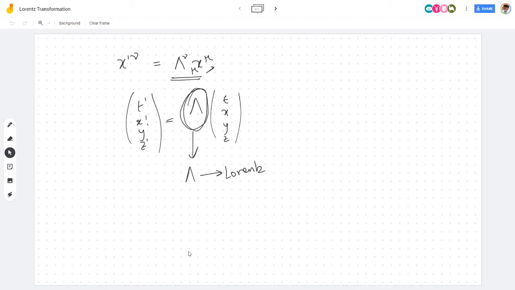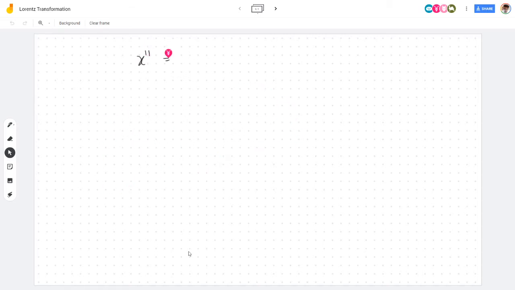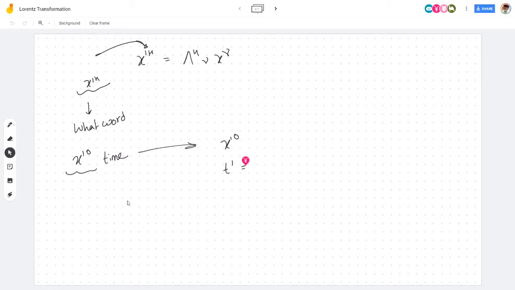And I'm just going to write down one last equation, and I think we can decide if we want to pursue this further today or another day. Okay, so essentially this is the equation. If you notice, let me write this out. You have an input here. The first thing you want to be looking at is that there's a free index on the left hand side, x prime mu, which means it's asking you what coordinate do you want. You could say, well, I want to know what my new time coordinate is, and I can just say, oh, well, mu is 0. What this means is that x prime 0, which is t prime, well, in here you want to substitute 0. But remember, I told you that whenever you have an index that's repeated bottom and top, you sum. So if you put in the new time coordinate, it's 0 plus